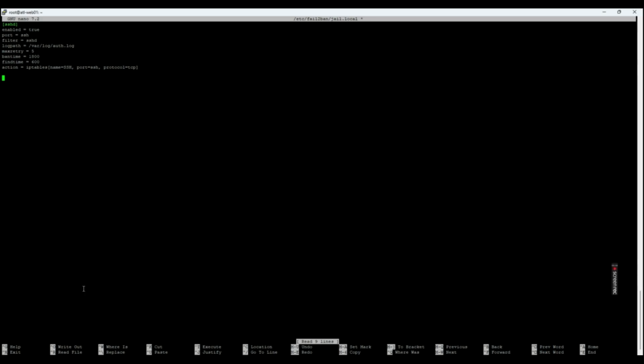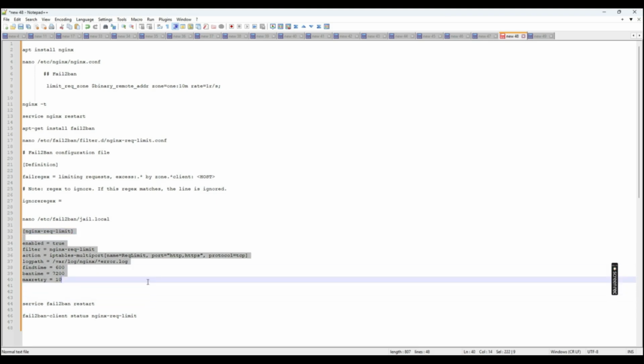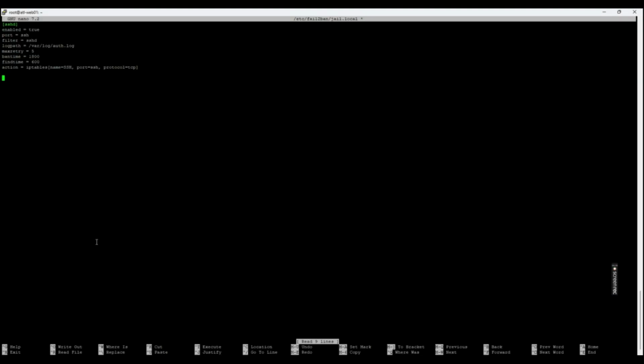And here we are already in it. And now we get the additional configuration for the NGINX part, which is here. And we just copy it in. As you can see, we don't need a space there. So again, we do an enable. We say what it is actually for, the NGINX